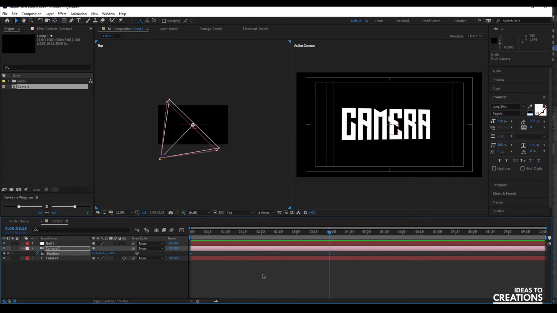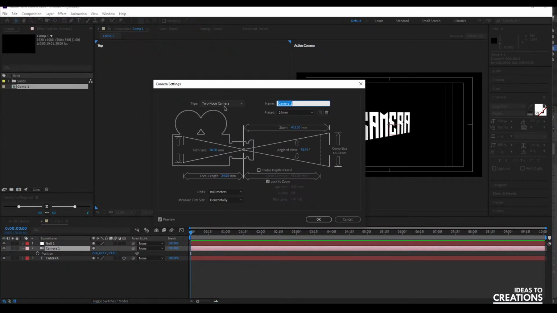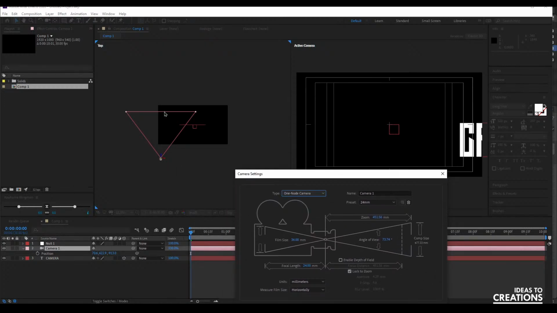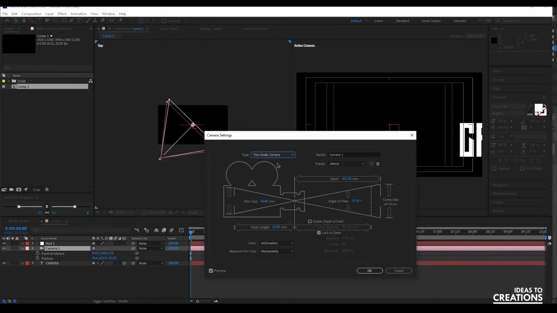But if you want to know why it does that, if you go to layer, camera settings, there's this type. You can choose 1 node camera. It's usually set to 2 node camera, but if you set it to 1 node camera, it stops using that one point as where the camera is looking. It removes that point of interest thing. Apparently this setting has been there since like CS5 or something, but it's always defaulted to 2 node camera. And who even changes these settings? The most I'd ever do is change the preset. So I've never really seen this, but